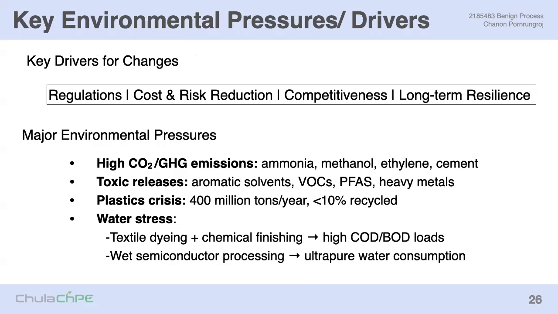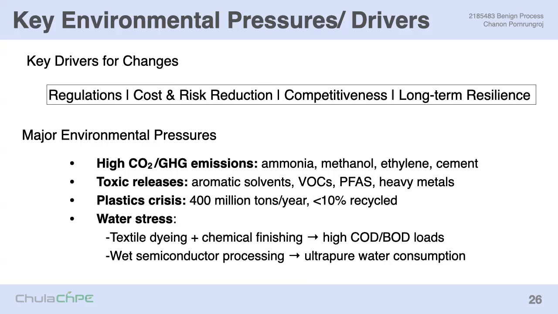So let me give you an example of the major pressures in the industry that relate to us. One is the high CO2 or greenhouse gas emission from ammonia production, methanol production, ethylene production, and cement, right? We release a lot of toxic components into the atmosphere or environment, like aromatic solvents, volatile organic compounds or VOCs. PFAS is one of the main problems, like Teflon and many